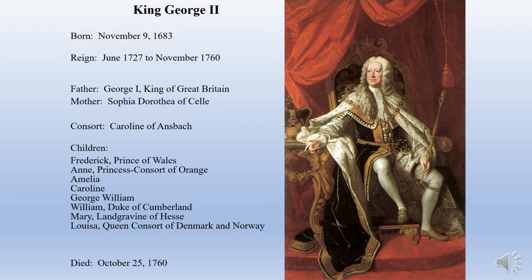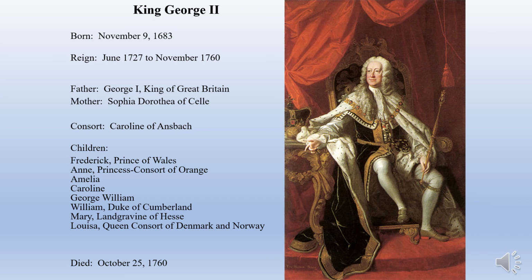And he's married to Caroline of Ansbach. And they do have quite a few children. The most important is Frederick, the Prince of Wales. And you notice there's no king afterwards because George II outlives the male heir that counts, Frederick, the Prince of Wales. He does have a son, so when Frederick dies early on, before his father does, that means the next in line to the throne is Frederick's son.